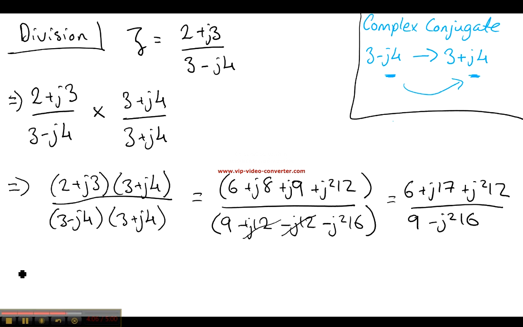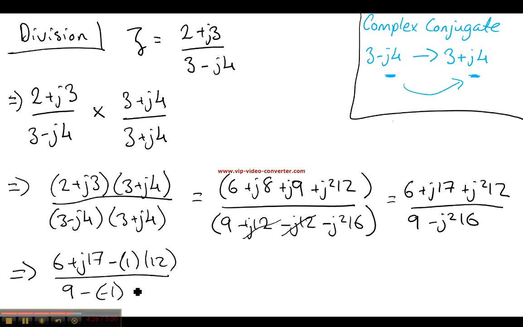Again, these j squared should be ringing a bell. So you get 6 plus j17. We know j squared equals minus 1, times 12. Again, on the bottom, 9 plus 16. And rushing a wee bit here for time, we will ultimately be left with